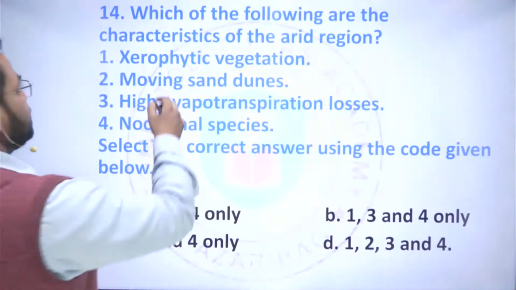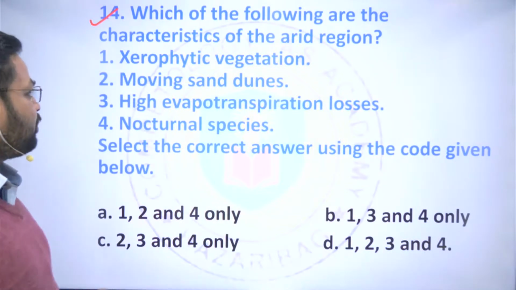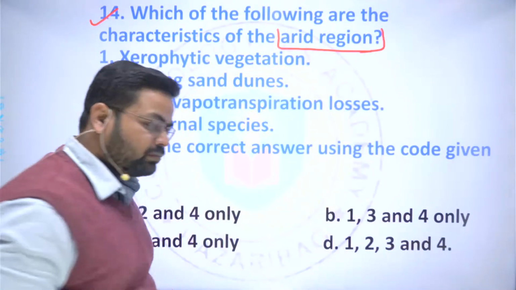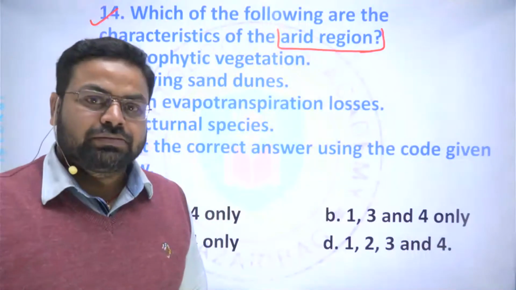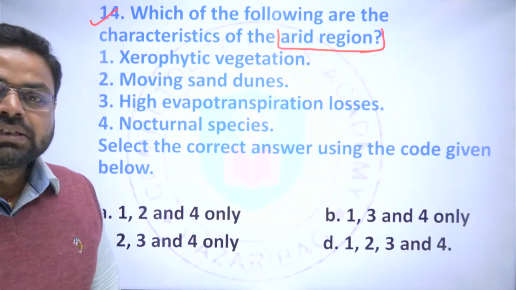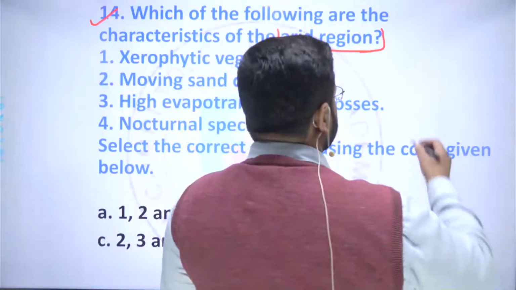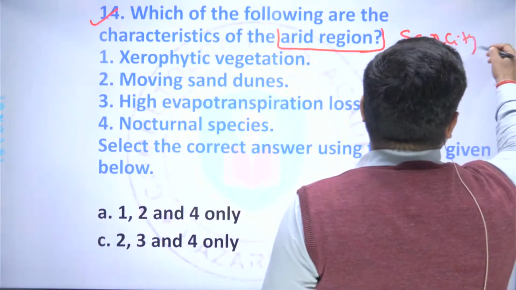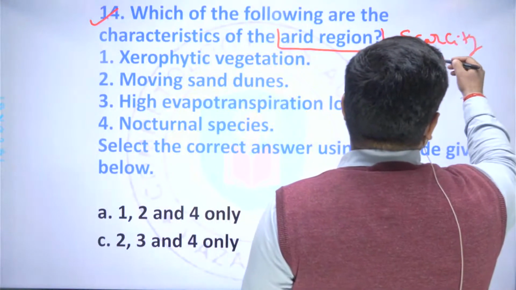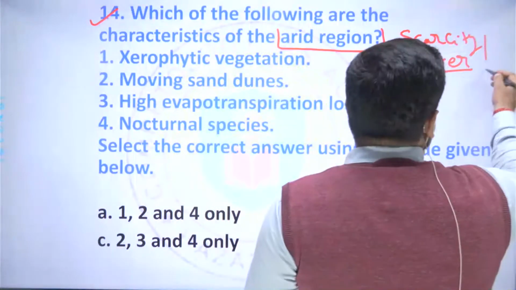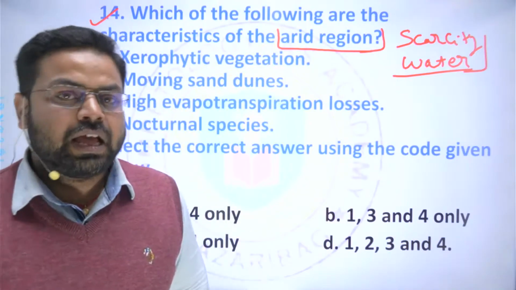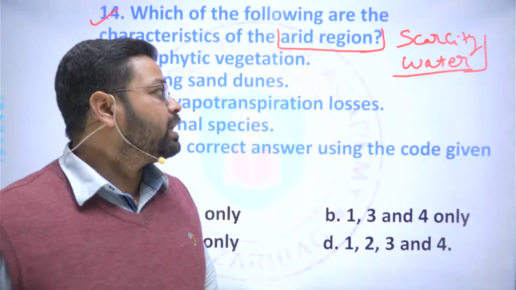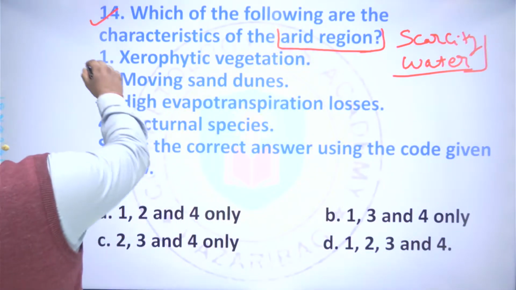The next question is, which of the following are the characteristics of arid region? So what is arid region? Arid regions are those regions where there is scarcity of water, very less rainfall, and because of this what happens, there is lack of vegetation which leads to the aridity in that region. Okay, so here the first